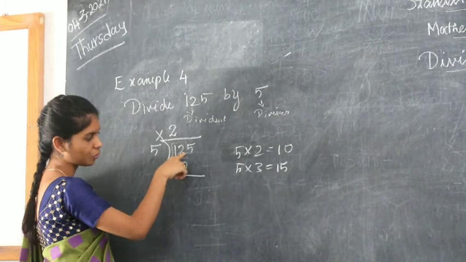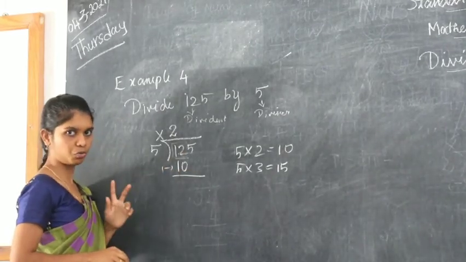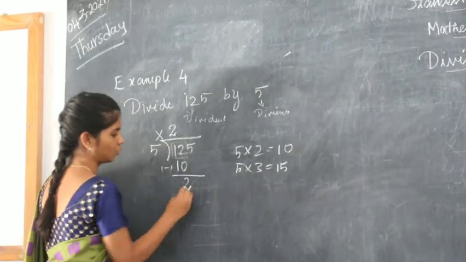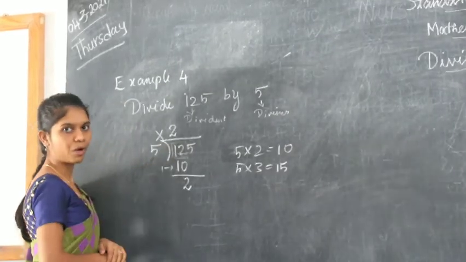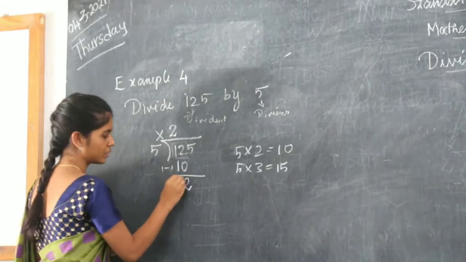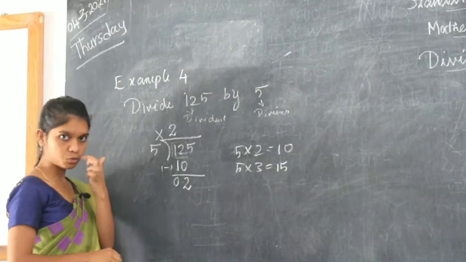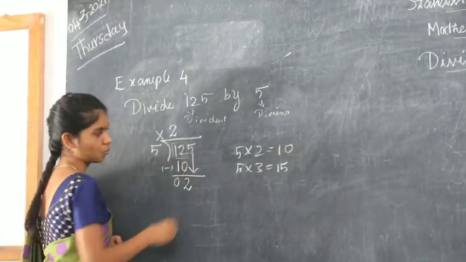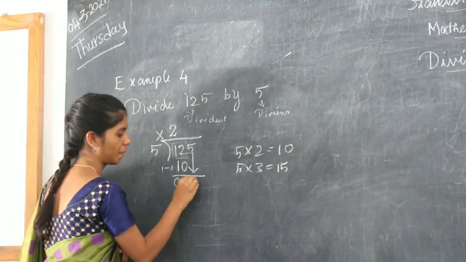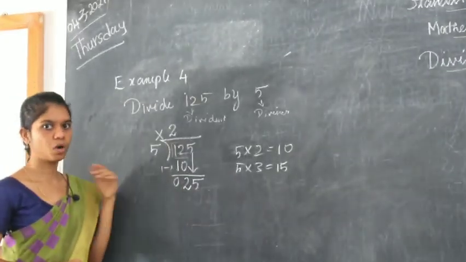So here you have 2 and here you have 0. 2 minus 0 is 2, right? So you will write 2 down. And here you have 1 and here you have 1. 1 minus 1 is 0. So you got 0. Next, you should get the next number down, which is 5. Now you got what number? 25.